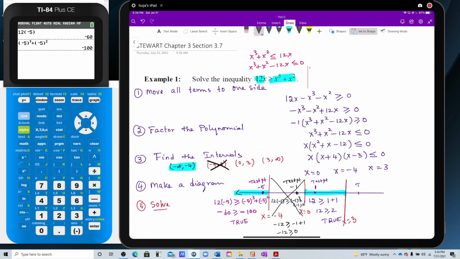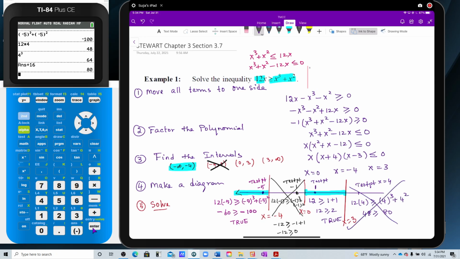Here my test point I'm picking is 4. So 12 times 4 greater than or equal to 4 cubed plus 4 squared. If I use that here, 12 times 4 is 48, greater than or equal to 4 cubed, which is 4 times 4 times 4, right? 64, plus 4 squared, which is 16, right? That'll give us 80. So 48 is greater than or equal to 80 is not true, so that's not in my answer either. So the answer to this problem is,